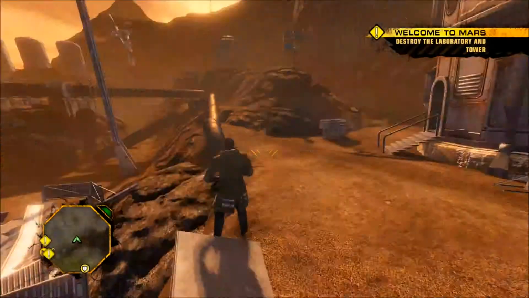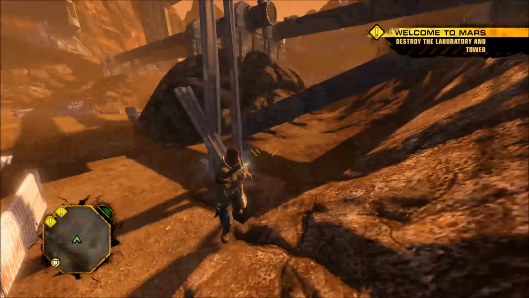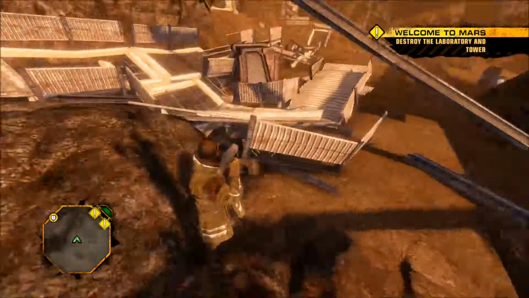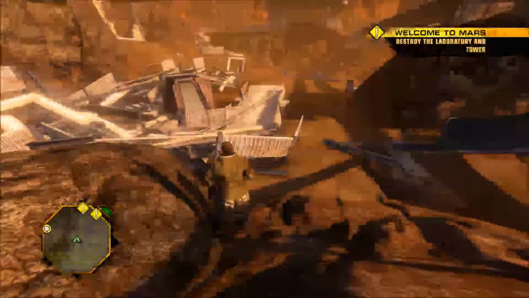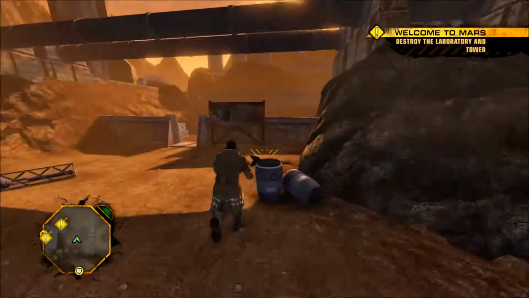Let's take this thing out. Careful. Falling debris can hurt you. And just saying that now, even though your guy is like as powerful as Thor himself,